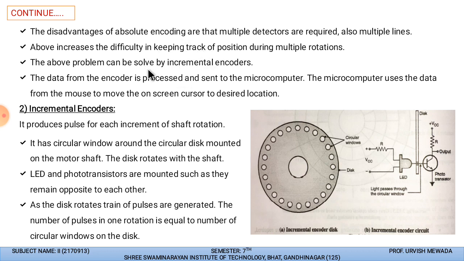That signal is sent to the microcomputer, and then the microcomputer gives the output. So this is how the shaft encoder works, and this